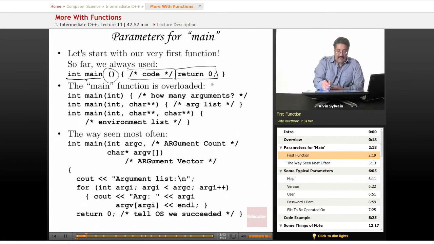So the main function in C++, you would say, is overloaded. Now, you could do this in C, and they didn't call it overloading then, but now in C++, it would be something you'd call polymorphism. You're overloading the function call. So you've got these three different types of prototypes. You've got, or four actually, because you can have no parameters. So you've got 1, 2, 3, 4 different ways of calling the main function. With int, all you get is how many arguments there are. So maybe you want to do something differently because there is one argument, or do something differently because there are